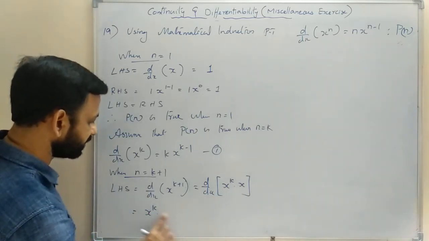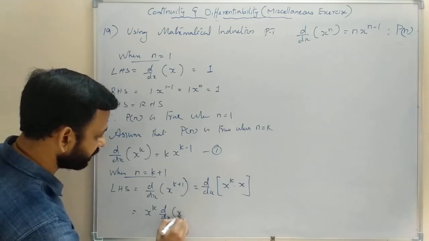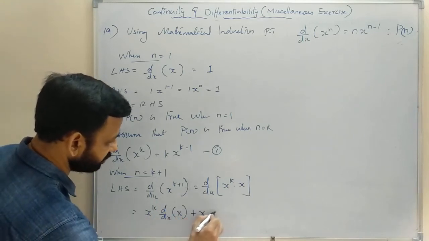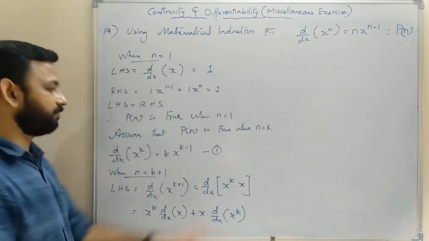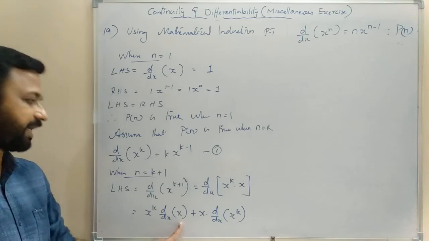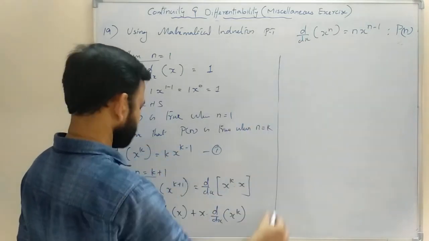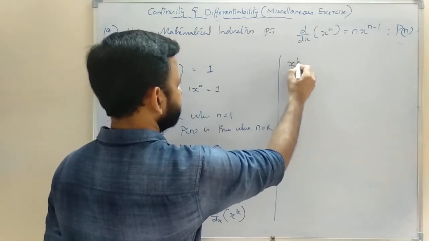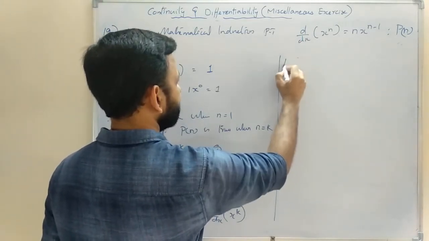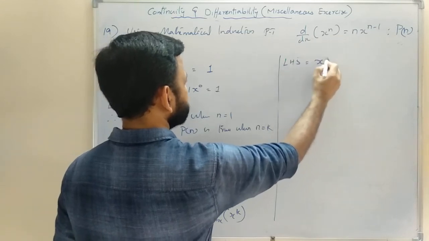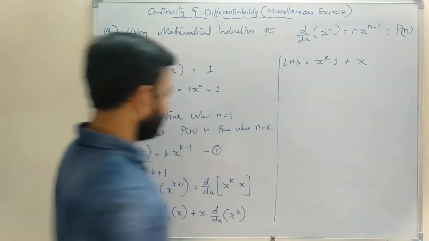This is the product rule: first function into derivative of second plus second function into derivative of first. So LHS is x raised to k into 1 plus x into d by dx of